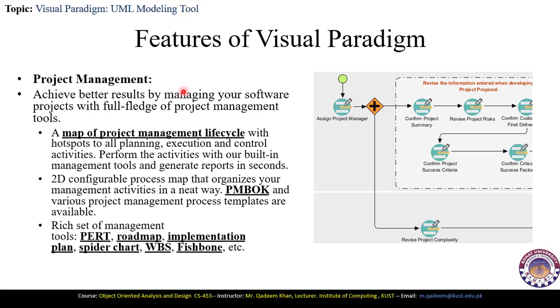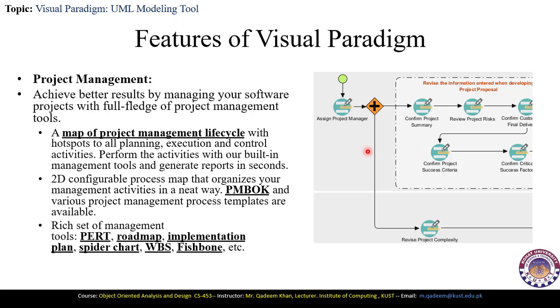Another important feature of Visual Paradigm is project management. Project management is used by the project manager to completely supervise the project. It achieves better results by managing the software project with full-fledged project management tools. You can see that there is the project management process, and that is developed by the software project manager, because inexperienced software project managers cannot directly supervise the process. So it is better to create the business process or the project management process in Visual Paradigm before starting